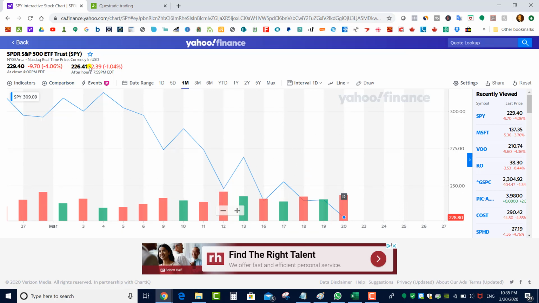Now the SPY dropped again to 226. So we'll see Monday what happens. If it drops even lower, I'm going to sell a new put spread again 30 days later, but I might be able to go all the way down to 180 as a put option. I'll sell the 180 put option and buy the 175 put option. Collect maybe $1, risking $4,